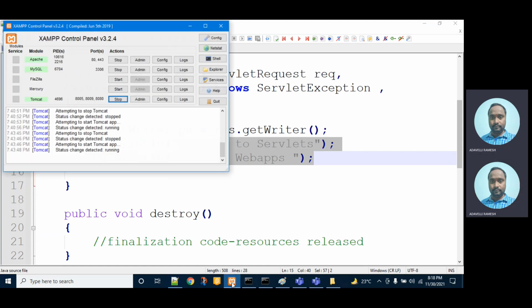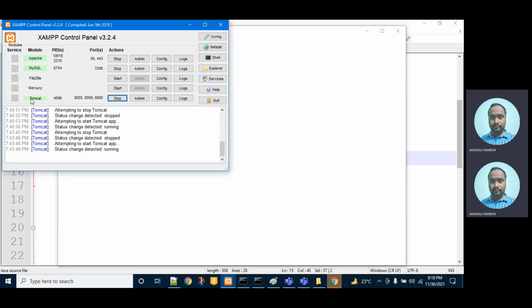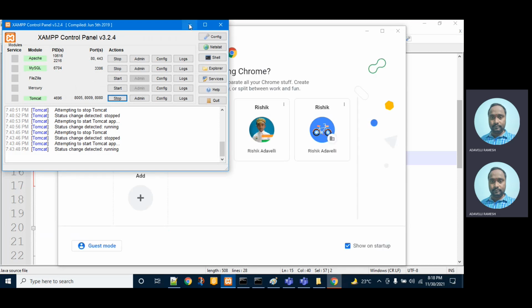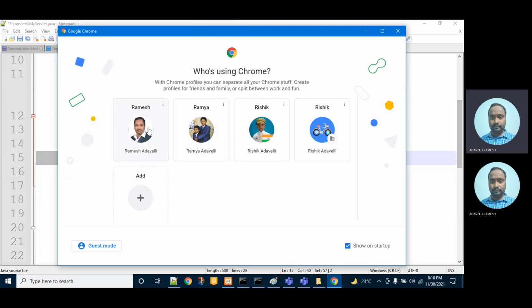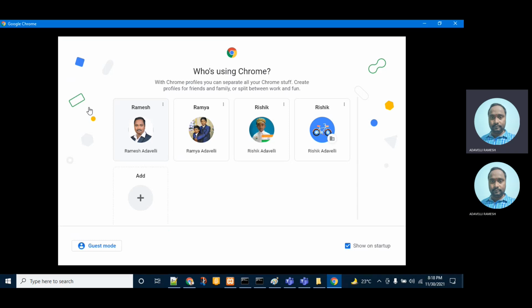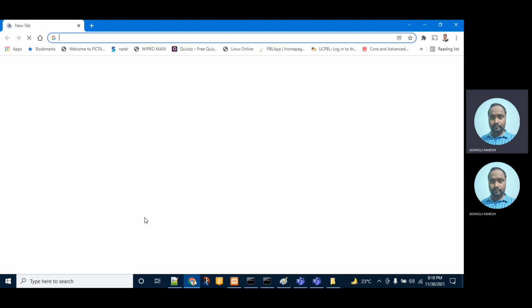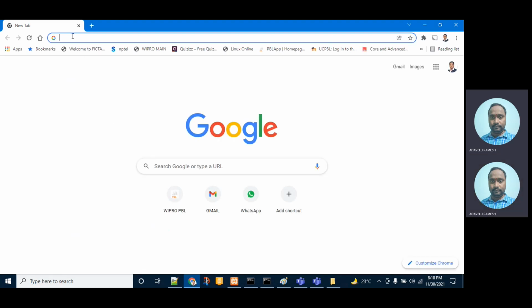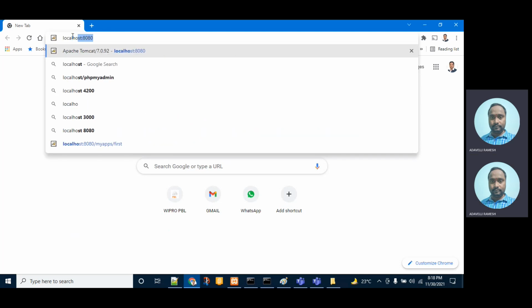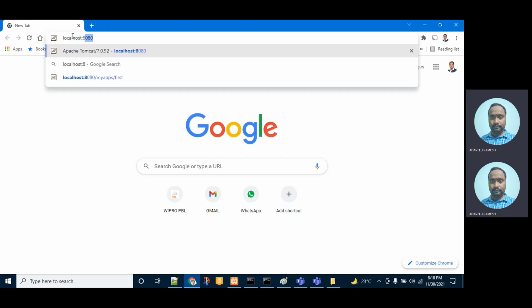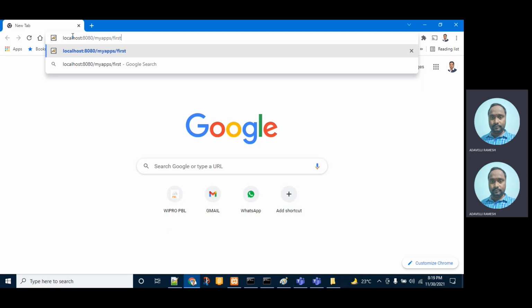Before executing on the browser, see whether Tomcat is ready or not. Once it is ready, you can execute. How can we access? localhost:8080/, the name is my apps, and in that the URL pattern is first.